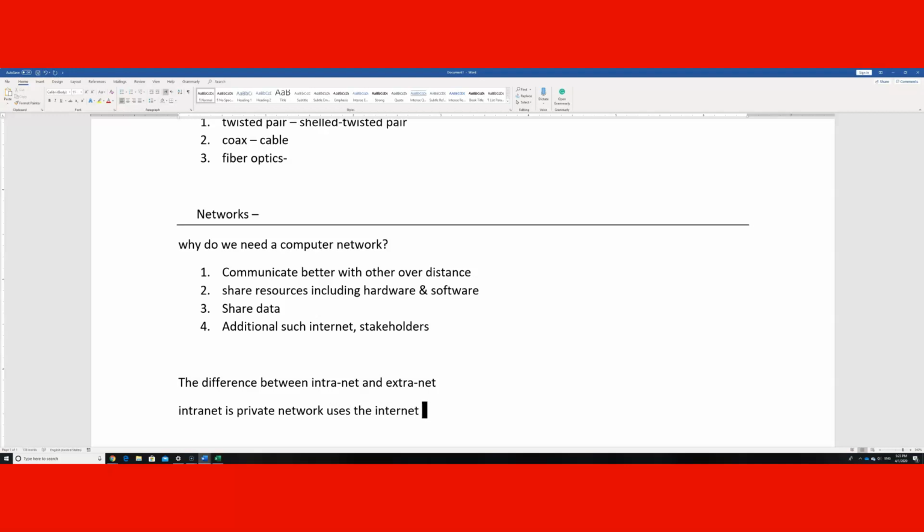And all businesses these days have an intranet where they could communicate. You will be able to access your personal data, your salaries, your health plan, anything pertaining to you individually. You could do that through the intranet. The extranet is really where you connect your business with other external entities, such as suppliers,